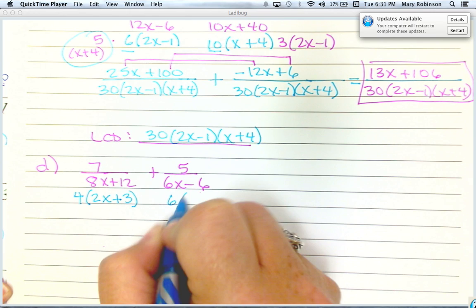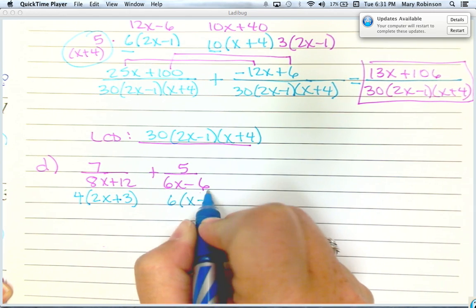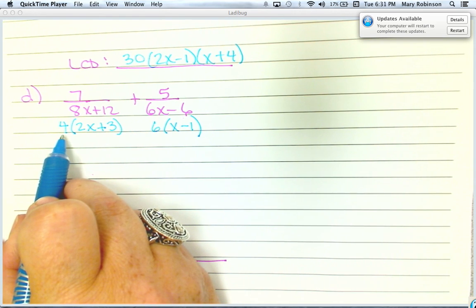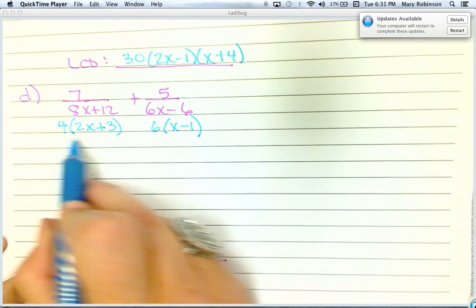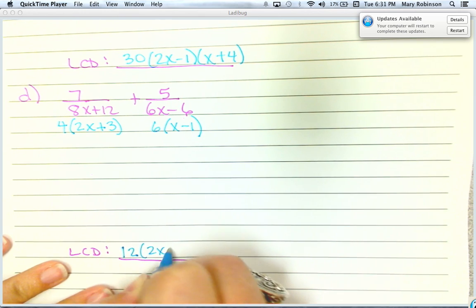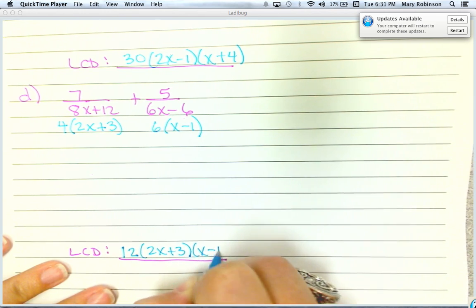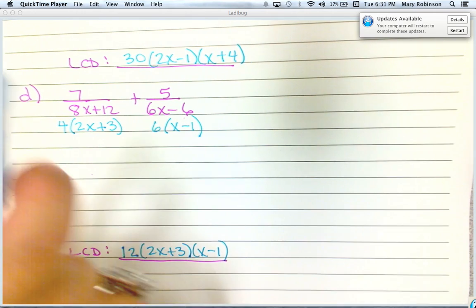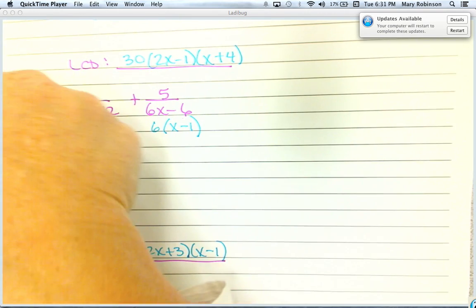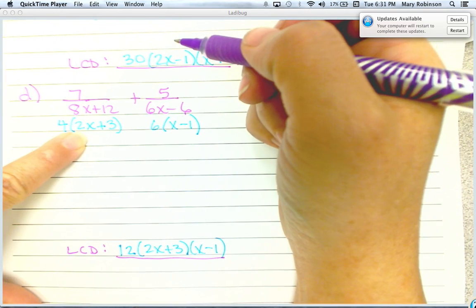And here you can factor out a 6. That makes your LCD, if you think of the least common multiple for 4 and 6, that would be 12. And then list each of your other binomial factors here. So that's your LCD. So now we think, well, what do I need to multiply 4 times 2x plus 3